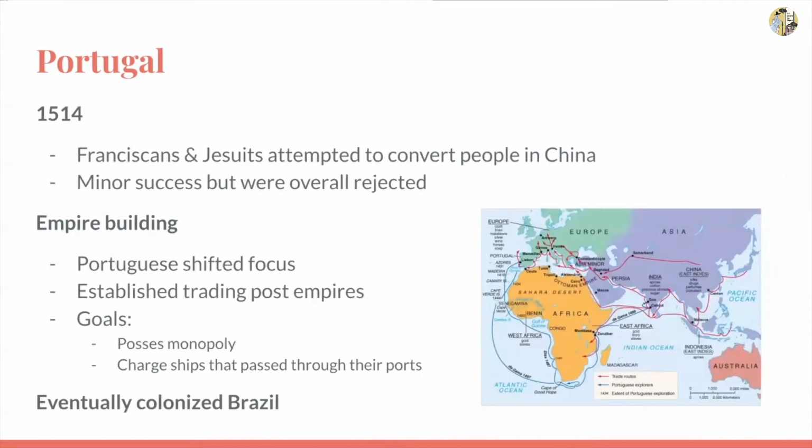1514 marks an important date in Portugal's maritime history, as the event that happened this year inspired Portugal to change its empire-building tactics. In 1514, Portuguese traders had arrived in China, which had eventually caused the missionaries to also come to China. Franciscans and Jesuits tried their best to convert the mass of Chinese people and elites. However, they were rejected as barbarians. Although the Portuguese were unable to convert China, this had eventually inspired them to change their tactics on empire building